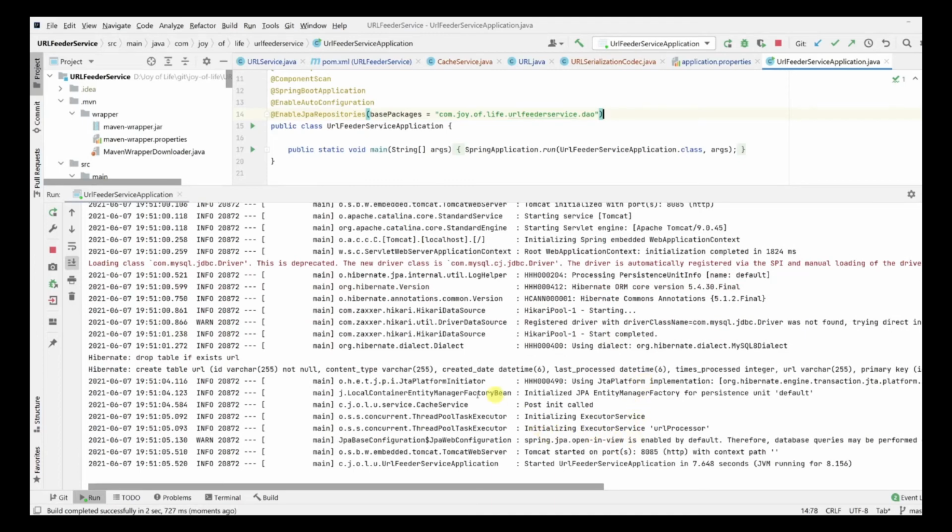Okay, so one thing to notice over here is that your post init is called, as you see over here from the cache service, right? So this is our package and class. This is the message that we wanted, right? So it seems everything is up and running fine. So let's head over to our